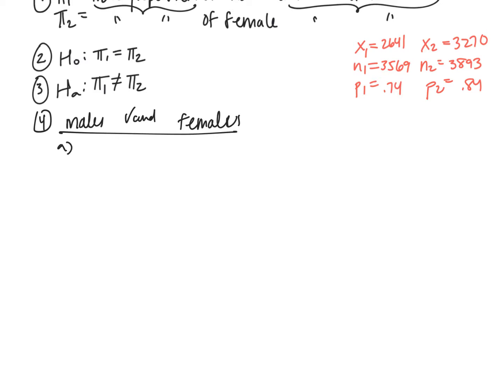Okay, part A is the sample random. It doesn't say, but we're going to assume. Part B, we have to do separately for each. So n for the first one, for the males, we've got